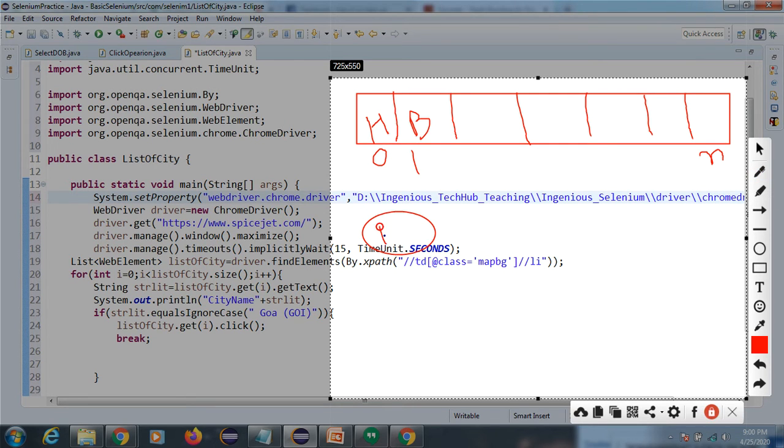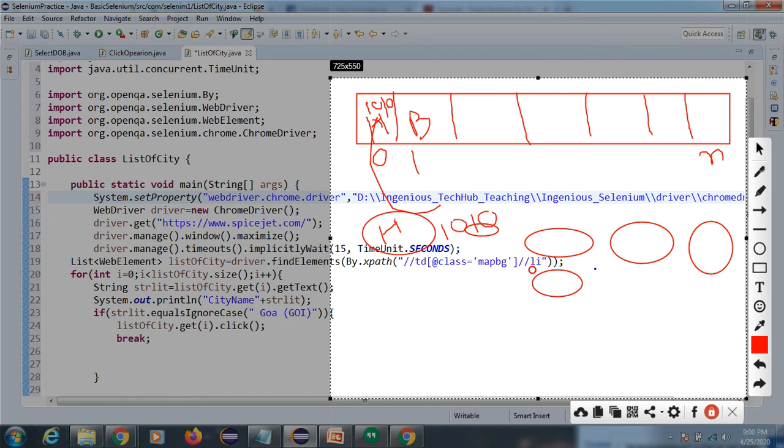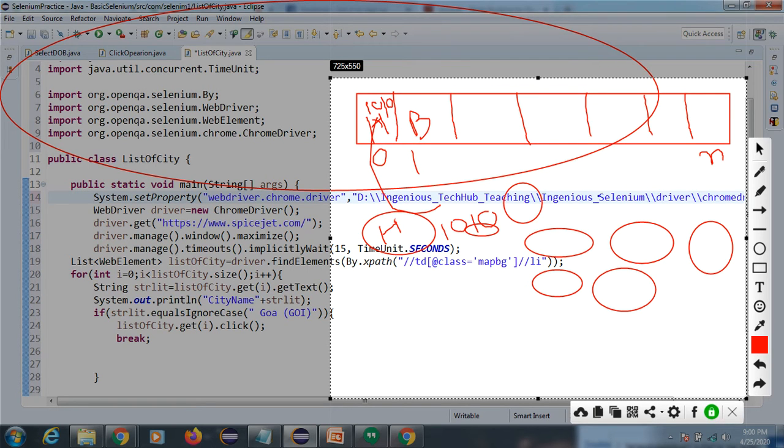This is your Hyderabad, and the hash code is 1010, so it will store 1010 here. The reference or hash code will be stored, because in the collection everything is an object. Hyderabad, Bangalore, Chennai, Pune, Delhi, all of these are objects. All these references will store inside this.